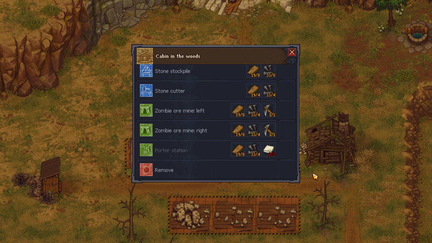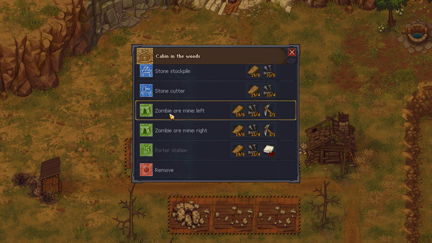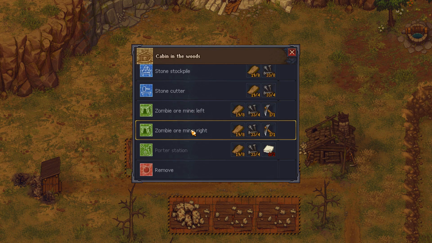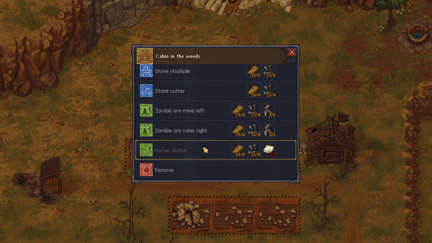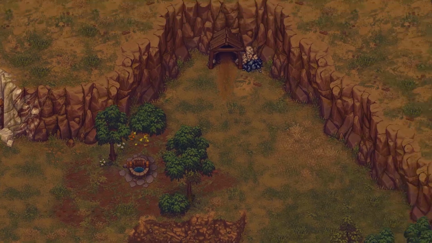Hold on one sec. Don't leave yet. I found the thing right here. I don't know why I didn't think to look here, but it's here. Zombie ore mine right and left? Does that mean we can put 2 people on it? And then a porter station? Let's do the right, because it's over here on the right. I don't know if there's a difference, but it takes nails and flitch, which is totally...